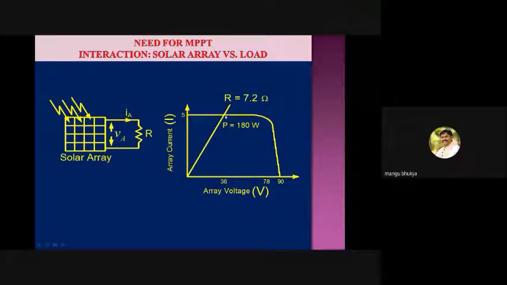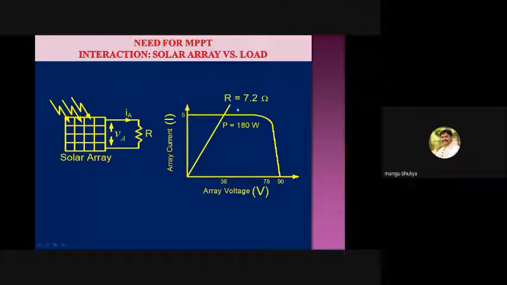So, the operating point. Now if you see this, this is the operating point, because the load I have considered is 7.2 ohms, and this is my typical characteristic. The operating point lies here, but from the source characteristics you know where the source current sharply changes. So this is our MPP point. The operating point lies here, so it is away from the MPP point.